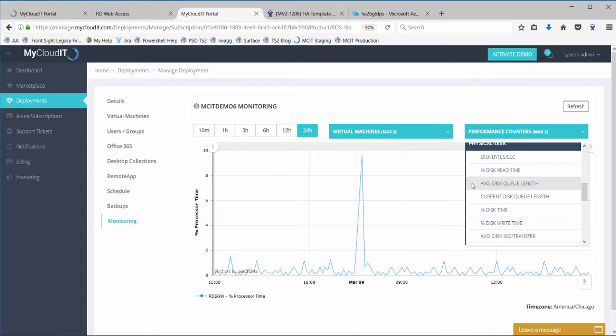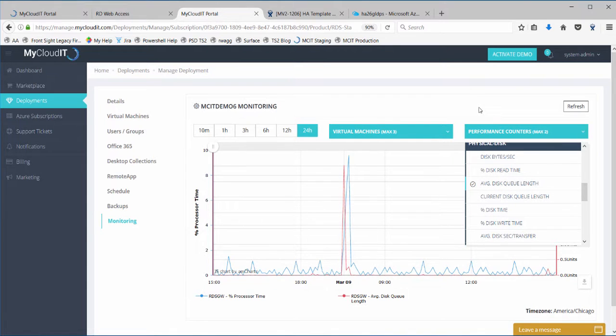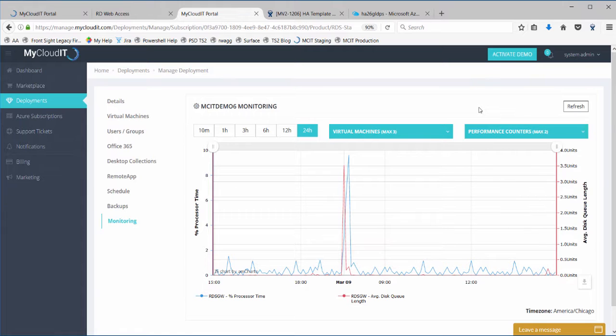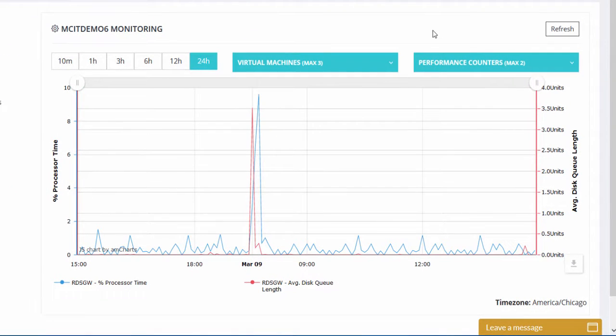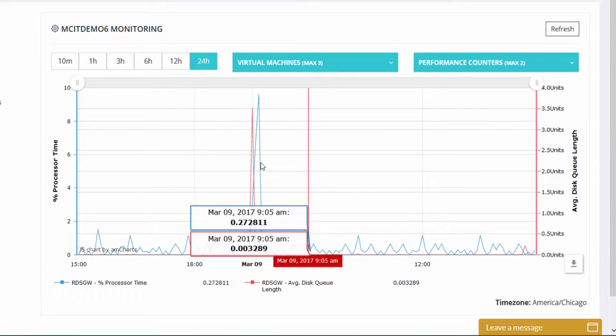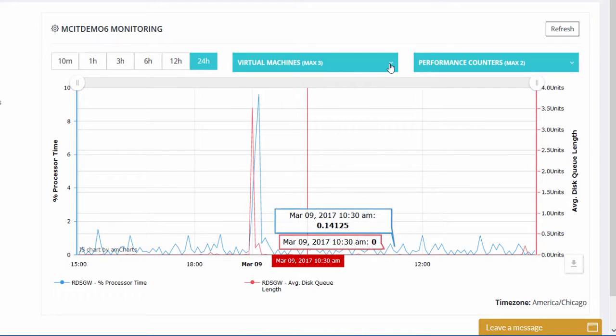I love looking at the average disk queue length. This one tells us how much backlog there is in writing, especially in Azure. When we go with standard storage, Azure limits your I/O to 500 IOPS, or 500 transactions per second, to the disk. So if you're on standard storage, you may be hitting disk bottlenecks, and we can just take a quick look. Now the cool part is this is showing me not much has gone on,